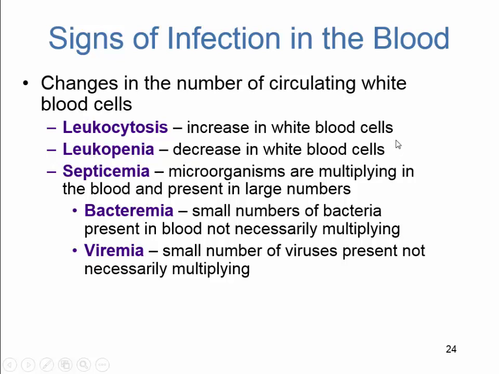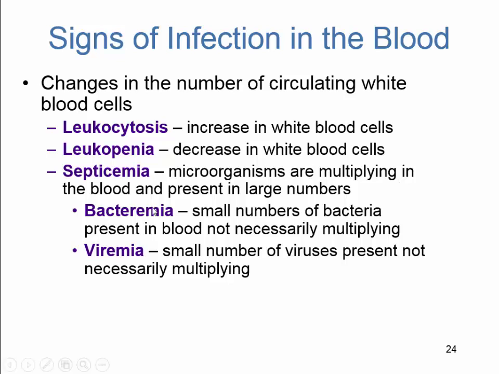So patients who suffer from HIV move into the category of AIDS when their CD4 T cell count moves below 200. Patients also may suffer from septicemia if microbes reach high quantities and numbers in the blood. And so we can count the number of microorganisms in the blood. And if they're present there in high numbers and they're actively multiplying, then that means that your patient is